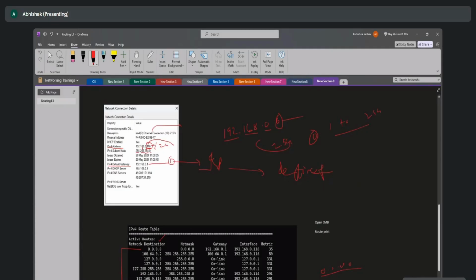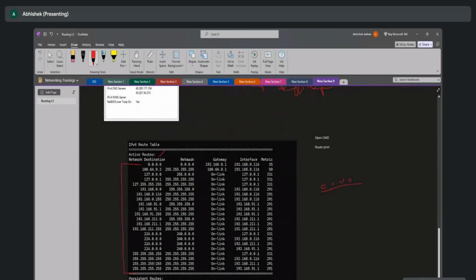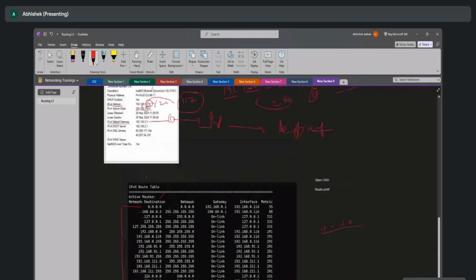192.168.0.116, right? And I want to send a packet to 192.168.0.117. Now you tell me, if this is my destination, based on which particular route will the packets be routed? Your system does this internally once you type this. If you see this, there is no 117, there is no 117, 111, nothing. There is nowhere 117, right? So now it will see that, okay, there is a default route which mentions that I have to take this particular subnet mask and network destination, and the default gateway where the packet should be routed to is this